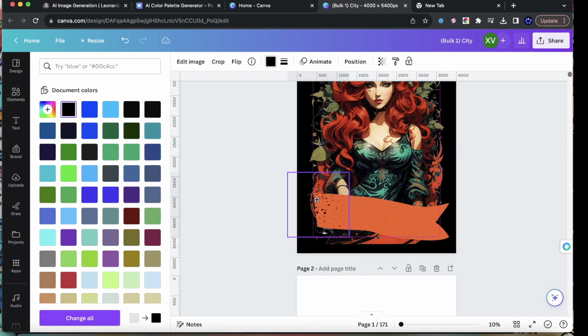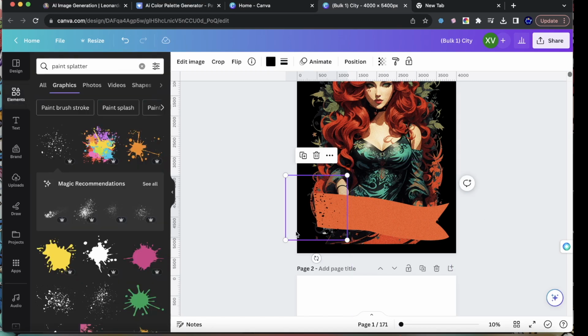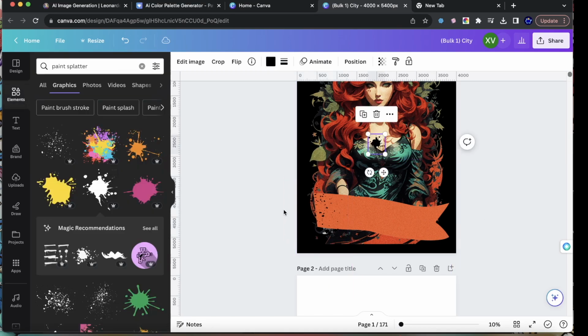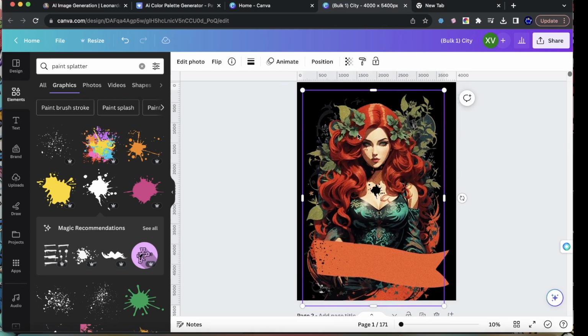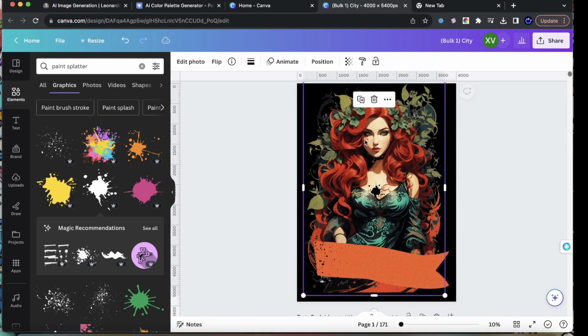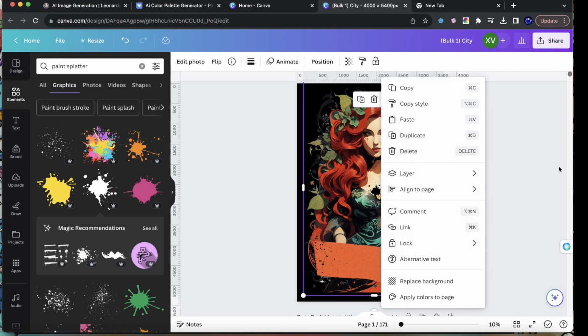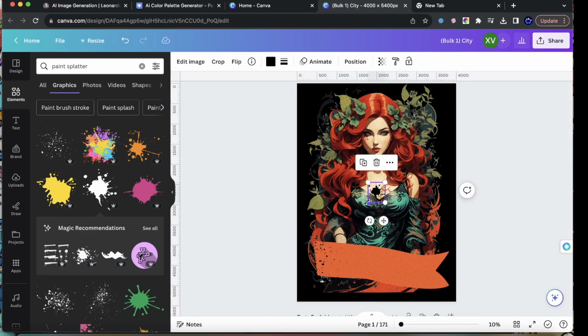Kind of like this. And the reason why I'm doing this is I'm making this less perfect in the way that it's formulated. So I'll take that. Hold on. Let me lock this to the canvas here. I'll take this and I'm going to go over here and I'll hit lock. Okay. And I'm going